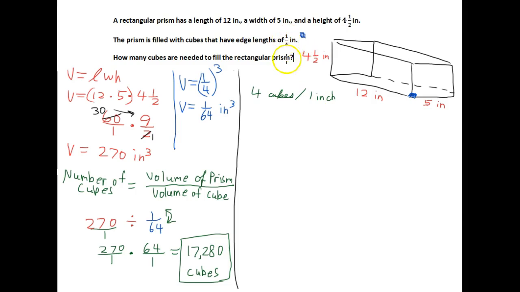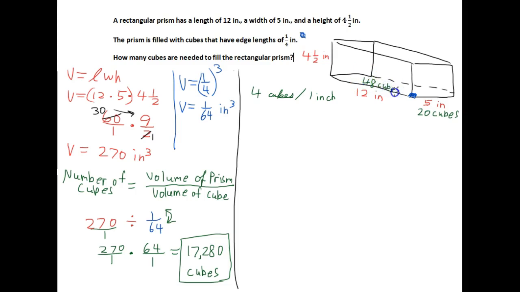Because if each one is 1/4 of an inch, so then this would be 20 cubes wide. 4 times 5. By the same logic then, this would be 12 times 4. This would be 48 cubes